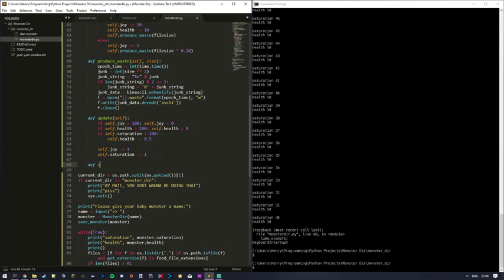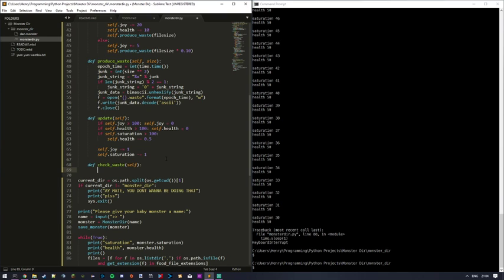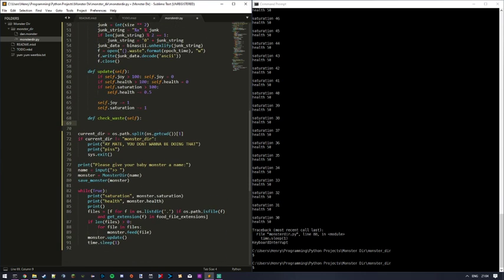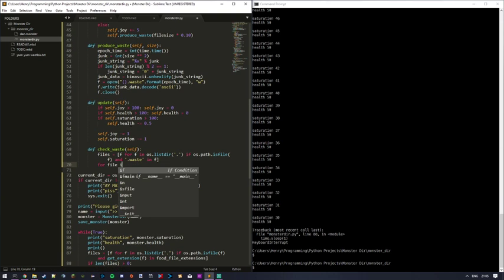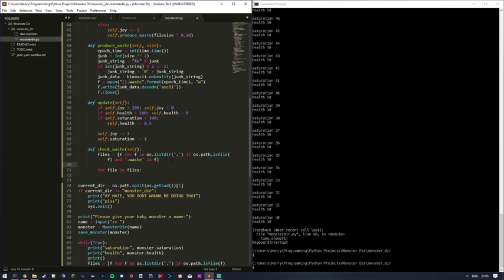So def check_waste, self. When we check our waste, we look for each waste file. We've got a function here that does that. I'm just gonna steal it, and check that dot waste. So we look at all the files and check if the extension is... I mean, we can do this easier. We don't even have to use that extension function. We just say: waste in f, a bit easier. So we check the waste files for file in files, total